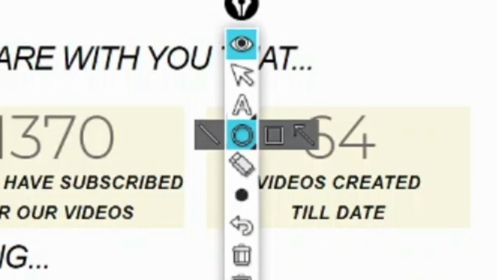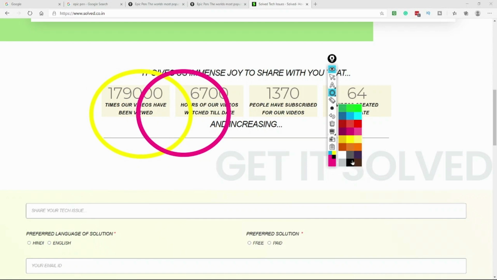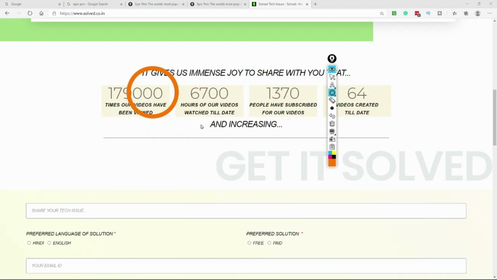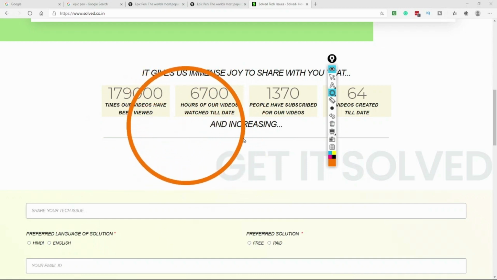Similarly, I can use the circle one. In circle I can always highlight it, I can change the colors. In Pro versions, as I mentioned, you have the option of 24 colors. So if I want to choose the orange, I can go choose that. If I want a perfect circle, I will again hold the shift key and make a circle. So the size will become small or big, but the circle will remain perfect.